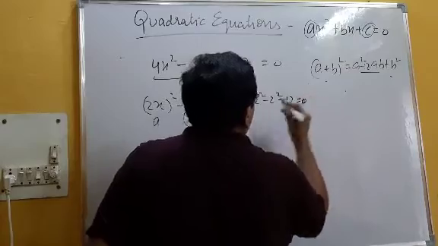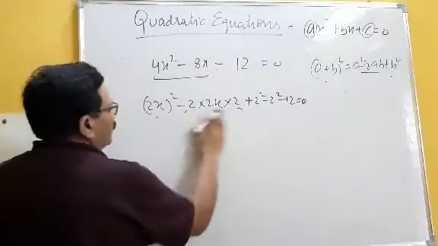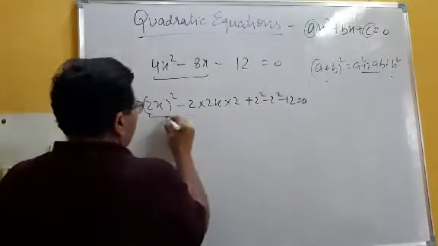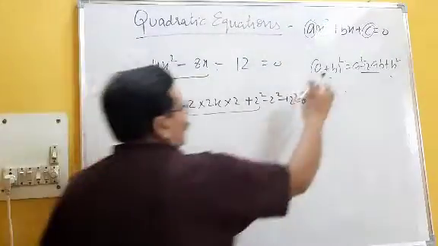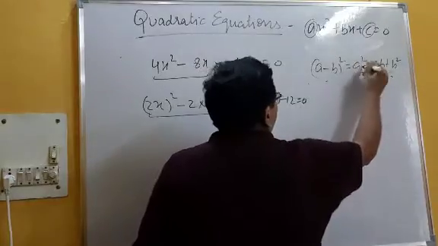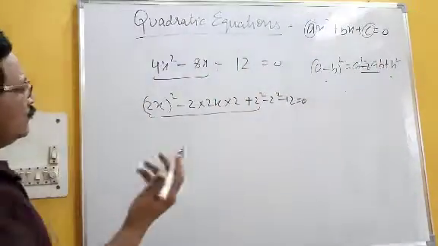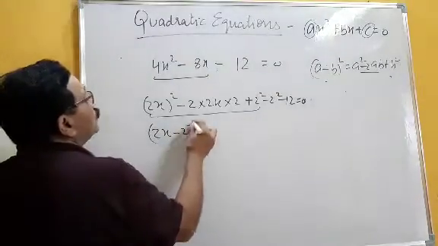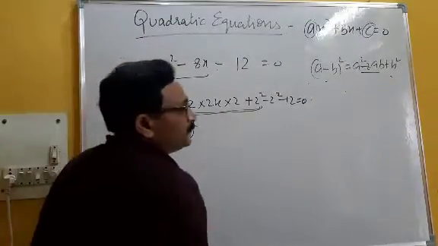Right? Now you consider, I think this is understood. This is a square minus 2ab plus b square, and this is your (a minus b) whole square. For minus I am adding this minus formula, then for the final plus we use plus. So what do you get? (2x minus 2) whole square for this complete part.